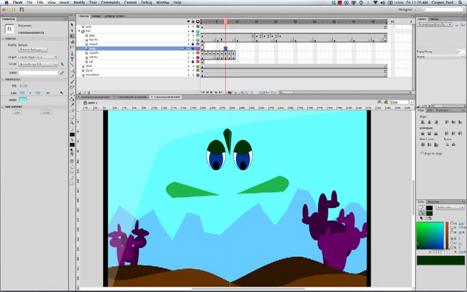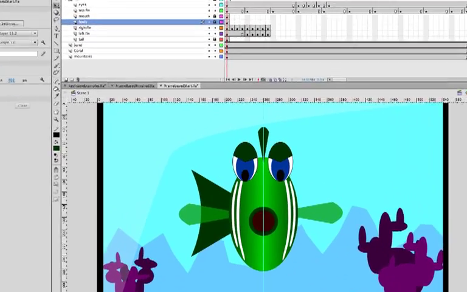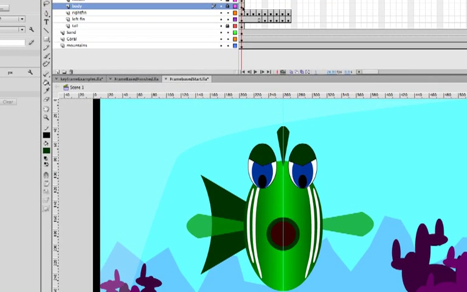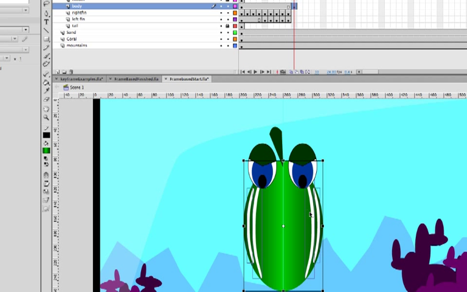So with the body, we're going to make that body blow up a little bit. Not literally, by blow up I mean grow. So let's unlock the body layer. I'm going to select it, and I've got the registration point from the center, which is completely perfect where I want it. I'm going to start where it's small, and I'm going to maybe, instead of 5s, do 10s. So I'm going to option drag, make a duplicate of the body,